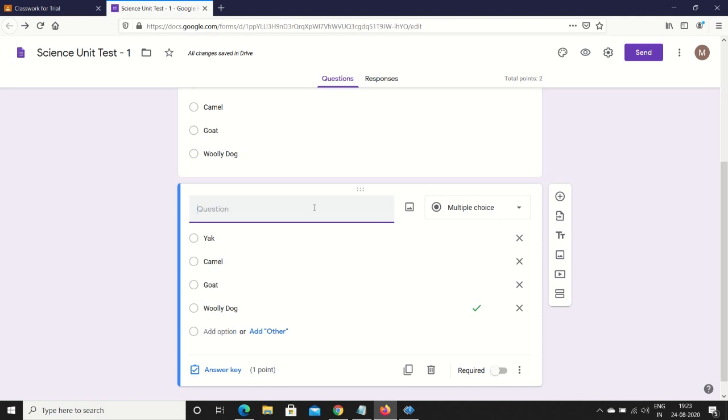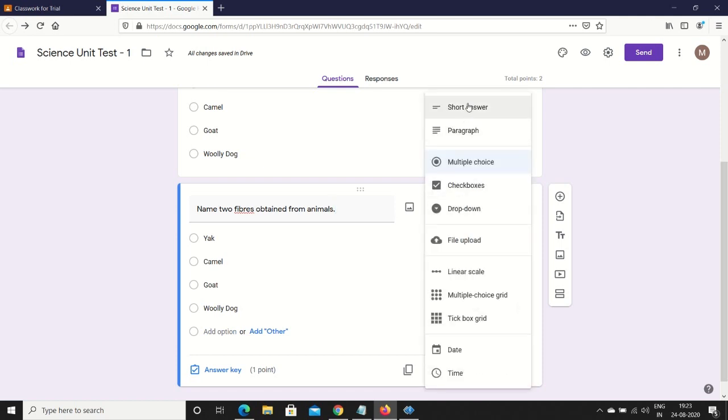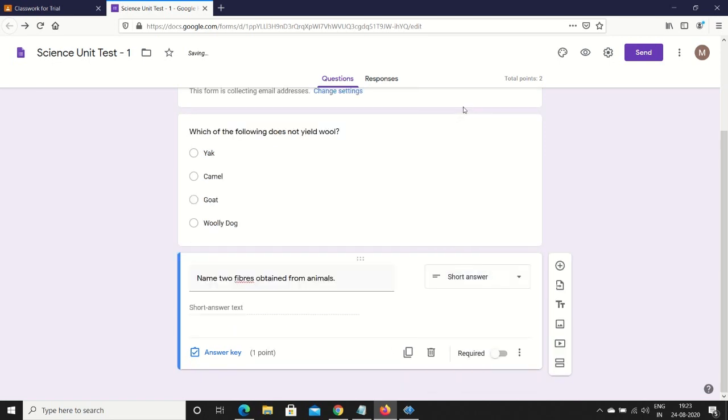Suppose I am entering a question: Name 2 fibers obtained from animals. So this particular question needs an answer in 1 or 2 words. So here I'll select short answer. Okay, short answer.